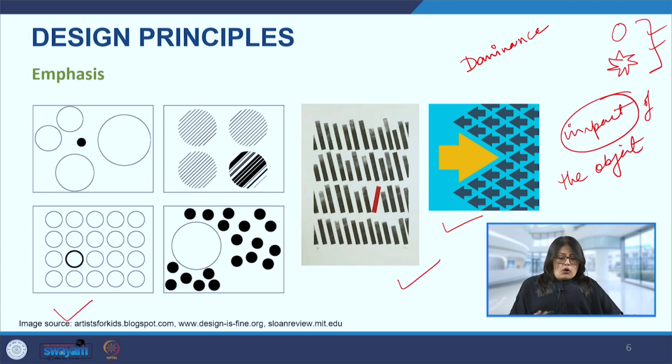So we can see how the emphasis can be created, and just keep in mind that it is going to be the focal point. So somewhere where the eye will quickly focus. A good example is on the top left, where there are these big shapes, but the small black one is where the eye is going. So where the eye is going to go, the focal point, that is where the emphasis is.